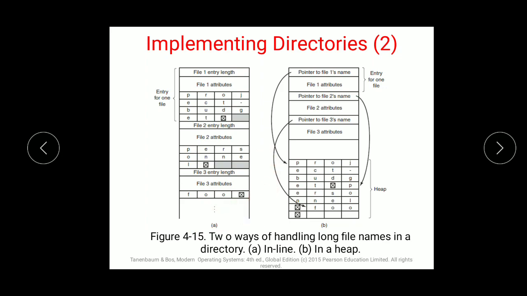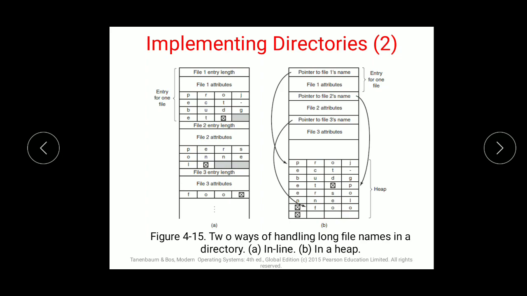When you go for the second example, termination of each file is shown. It is not compulsory that, as you can see, the data for the characters is specified for each and every file. Here you have a heap of values from which they will take their pointers and identify which characters they want, and according to that they will allocate the characters for the file.